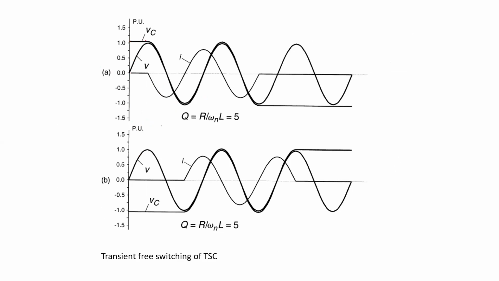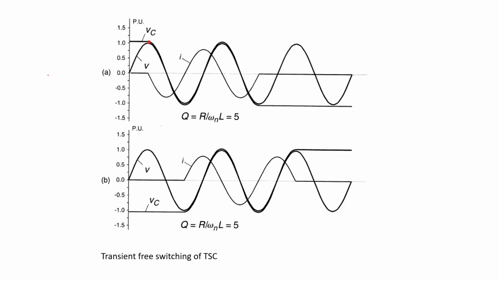This is the charge capacitor voltage, which is equal to the system voltage. So what is the correct instant to switch on the thyristor valve to start the capacitor? It is the intersection of system voltage and charge capacitor voltage, where it is the maximum point. When we are conducting the capacitor, the current in the capacitor is sinusoidal and